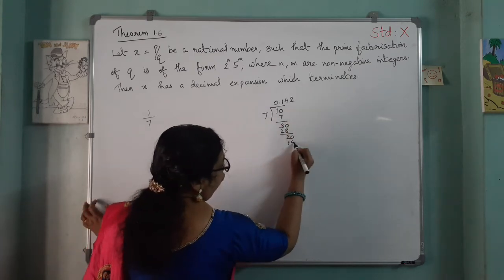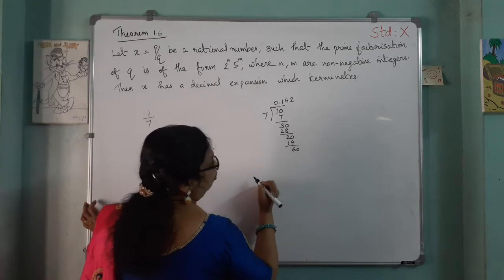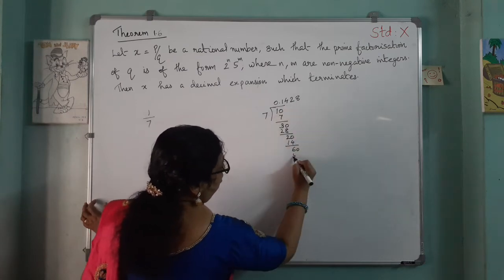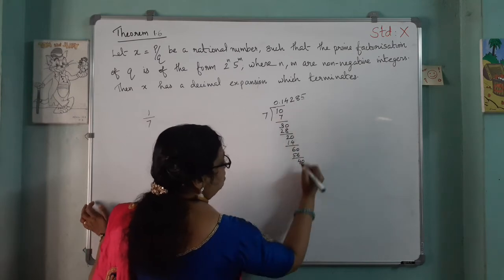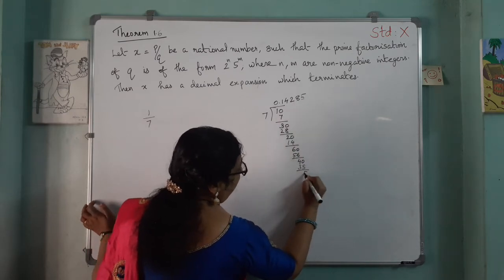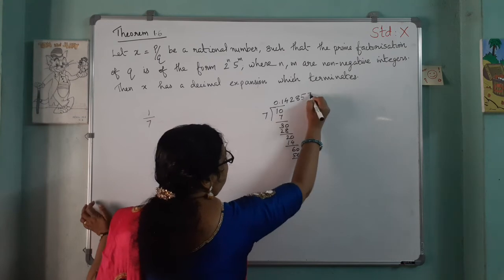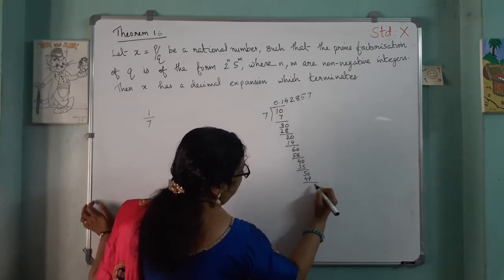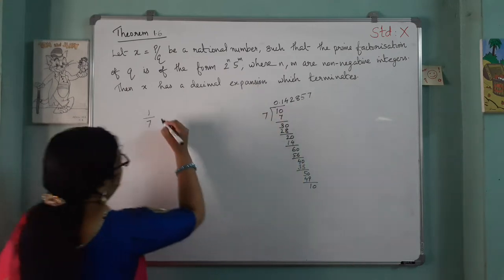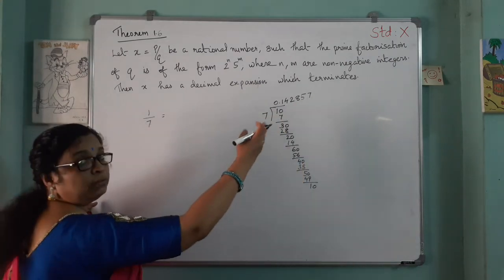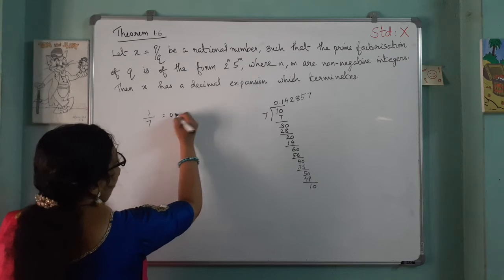Then 2 times 14. Then 6, 0. How many times? 8 times 56. Then again 40. Then 5 times 35. Then 5 remainder, 50. Then 7 times 49. Then 1 remainder, then 10. Then again these numbers repeat. So this is non-terminating recurring,